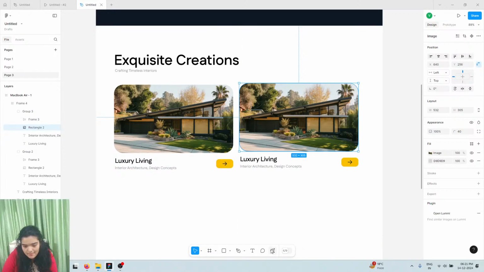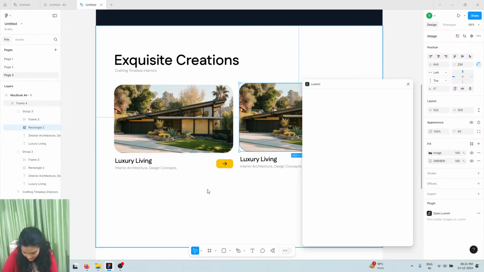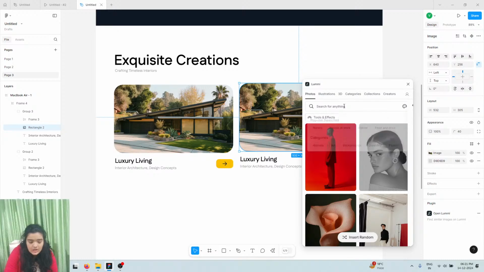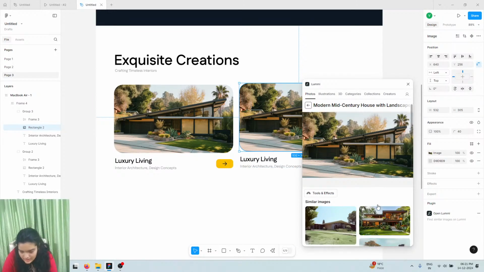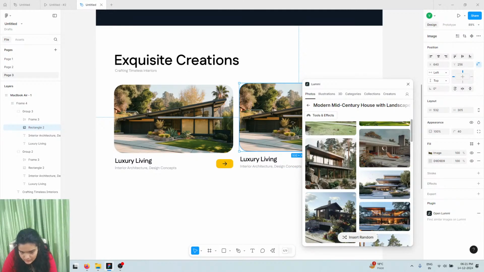Change this image back up again, get Lumi, and then we're going to change interior image. So let's just search for a couple of images. I feel like this is a good image to work with, and I'm just fine with whatever I see for now, and we're going to import this inside. The next thing we need to make sure of is let's just let this load up, and while this is